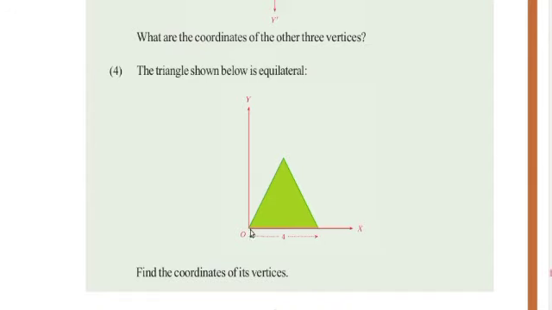See, yes, we can find out the first coordinate. The first vertex is at the origin, so the first vertex is (0, 0), right? And what about the second vertex? The distance is 4 centimeters on the x-axis, so the point is on the x-axis at a distance of 4 centimeters, so the second vertex is (4, 0), right? Then we get two vertices, one is (0, 0), the other is (4, 0). Then what about the third vertex? How do we find that?